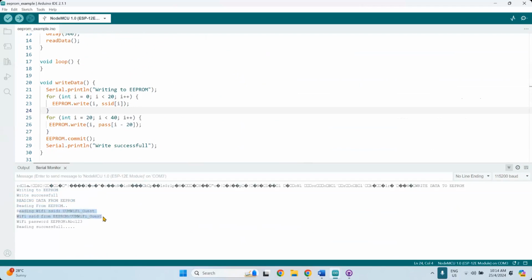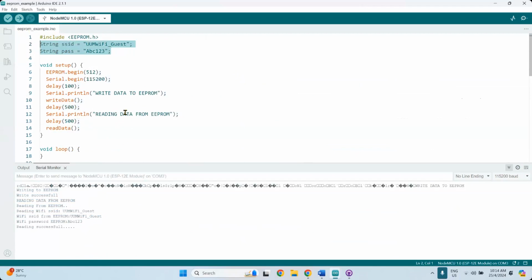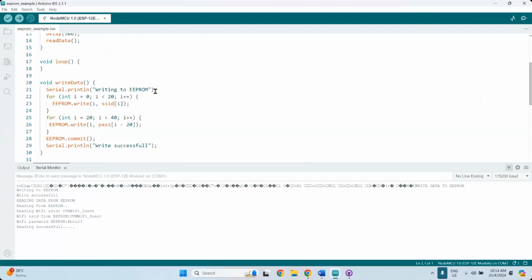Reading Wi-Fi password, this one, and then this is the data from EEPROM. So you have UM Wi-Fi gas, ABC123. So this is basically the one that we've written here. Okay, but if you combine this with the web server, then you can use this as a method to change your Wi-Fi SSID dynamically from your server form. Okay, all right.